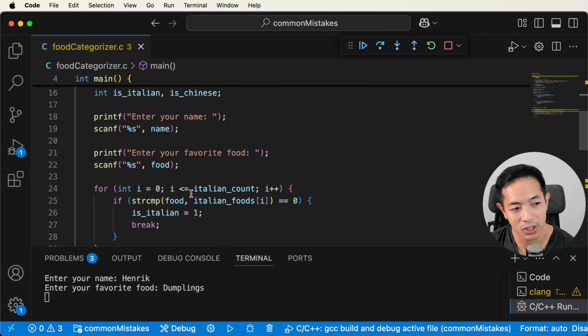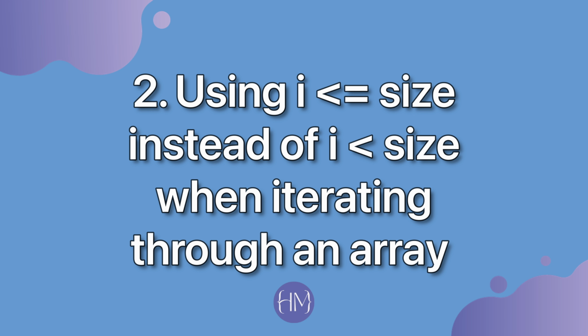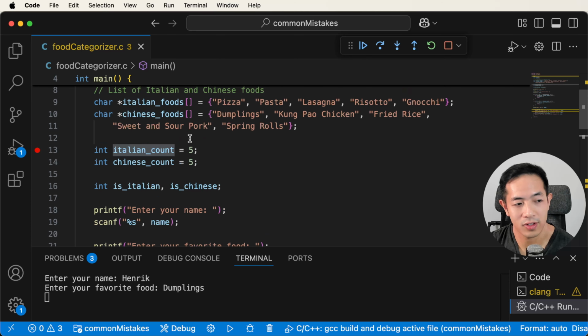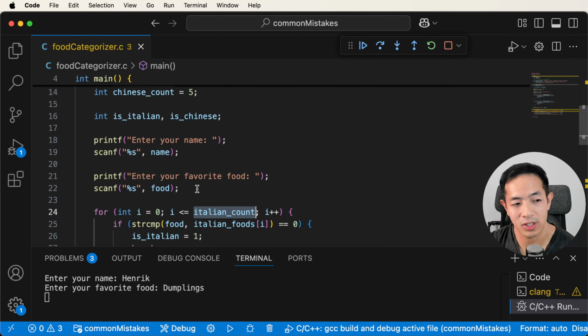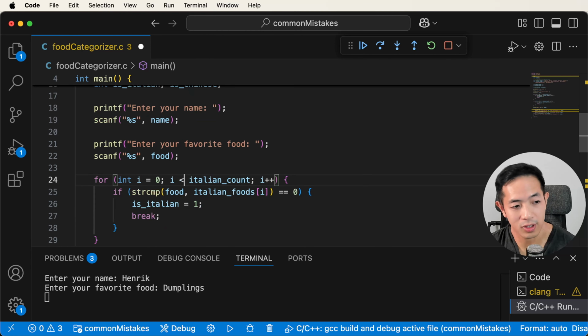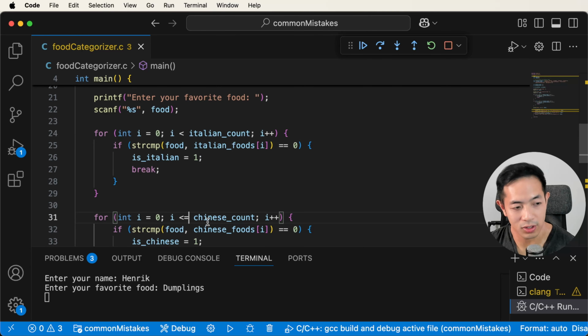So this is a second beginner mistake, is that sometimes beginners will put less than or equals to when iterating through an array. And the Italian count is 5, so it's going to include that 5 number. We don't want to include the 5 number. We want to go only from the indices 0 to 4. So this is common beginner mistake number 2, and we need to do this over here as well.